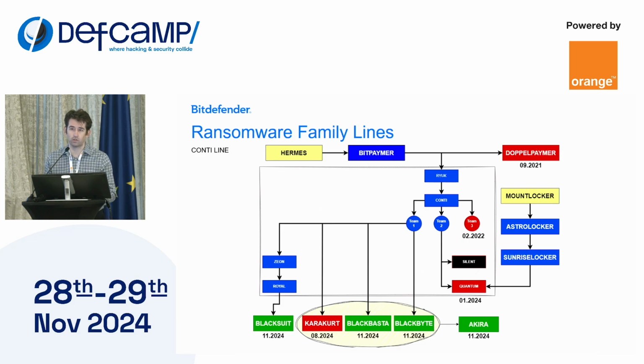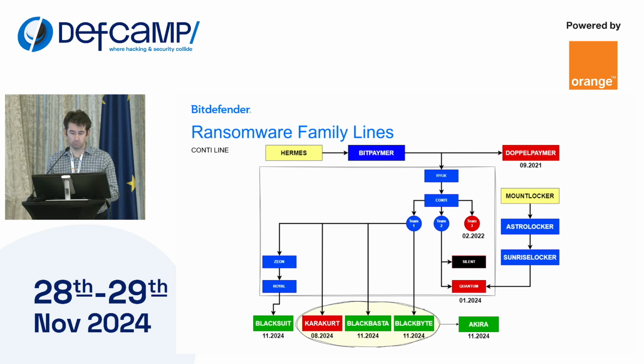So this is an extension of the Twitter figure, which we have seen in the first few slides. The gray box is actually the capture of the same Twitter figure, but we found that there is more to this graph, and that Ryuk, which was at the top in the previous figure, actually is a derivation or inherits from Bitpaymer. Bitpaymer comes from Hermes, and there is also a Doppelpaymer version of Bitpaymer, which branched at the same time with